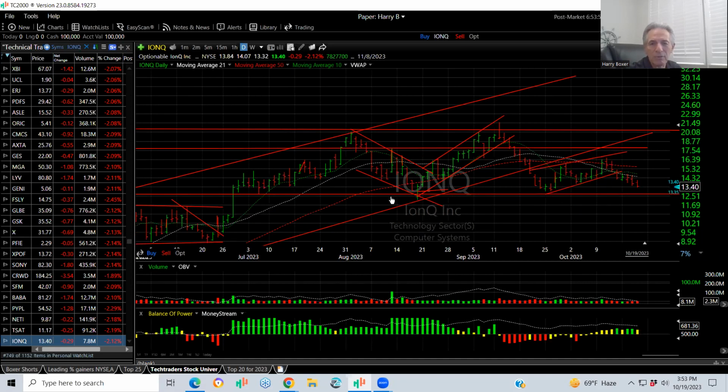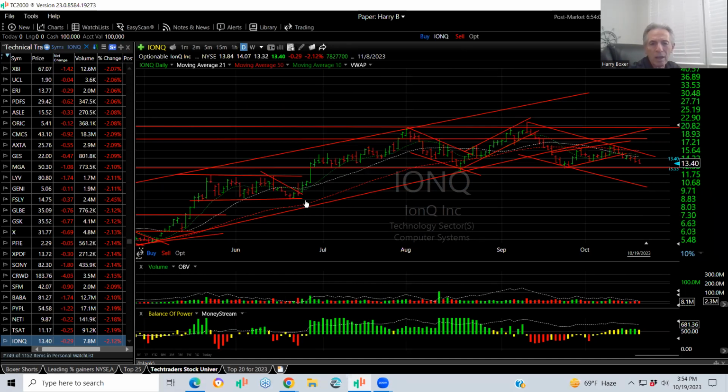But I don't like what I'm seeing. The moving averages have rolled over, maybe coming down. It could be starting a new downtrend. If this market comes down, here's where I think the stock goes. You want to buy it cheaper. Look for something around here between 9 and 9.75, maybe 10, for a better entry opportunity.